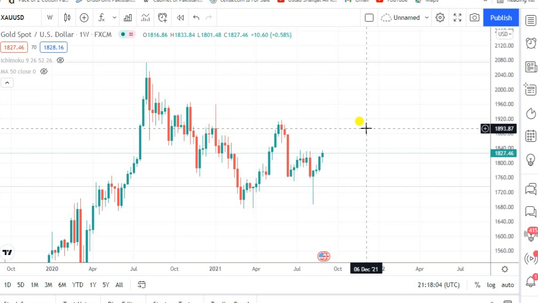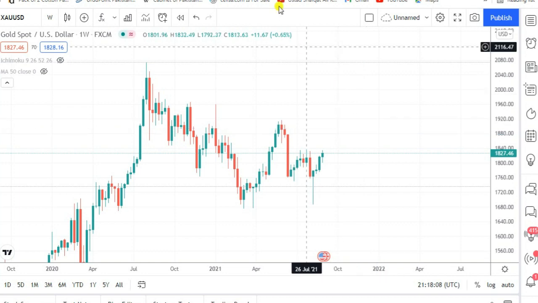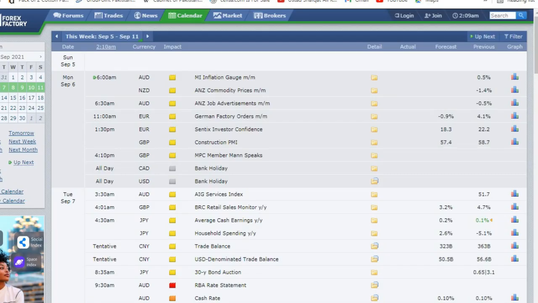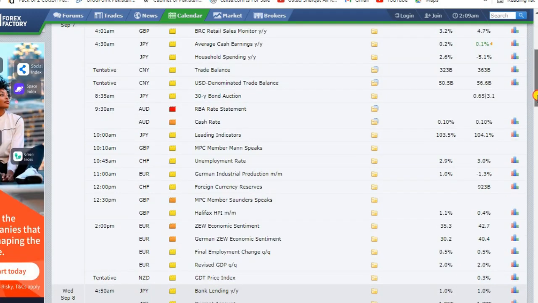Firstly, before coming to the chart, we will look at Forex Factory data and check which news would have a high impact and cause high volatility in the gold market and in USD. If you check Monday, you can see that America has a bank holiday. So Monday and Tuesday also